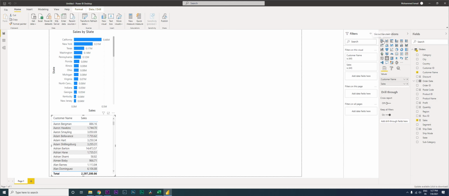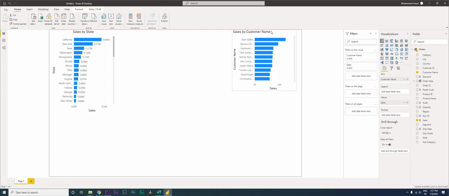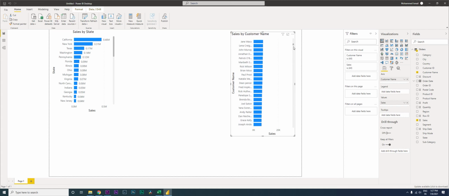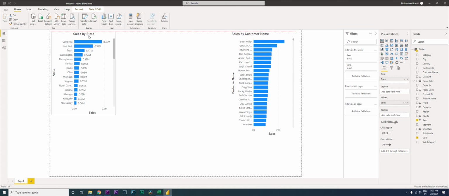And let's create a bar chart once again, and I'm just going to pull this up over here, and as you can see here, there are all the customers that are listed. All right, let's do a quick formatting here. Instead of repeating what I did, for example, adding data labels and changing the title to center align, all I'm going to do is use Format Painter and put it on this, and then everything will get automatically copied from this particular chart.